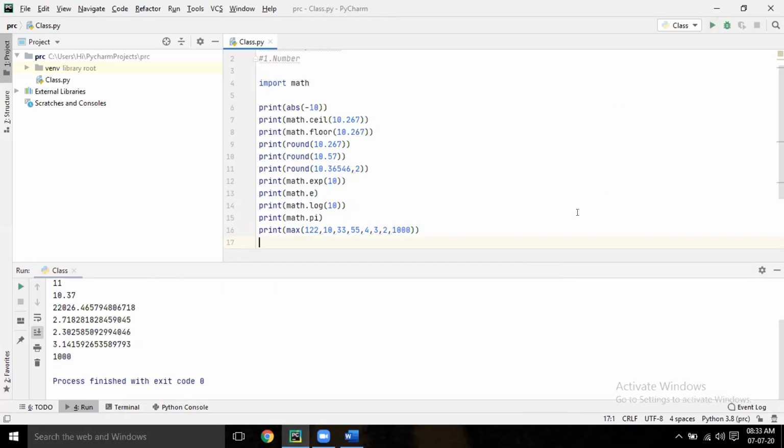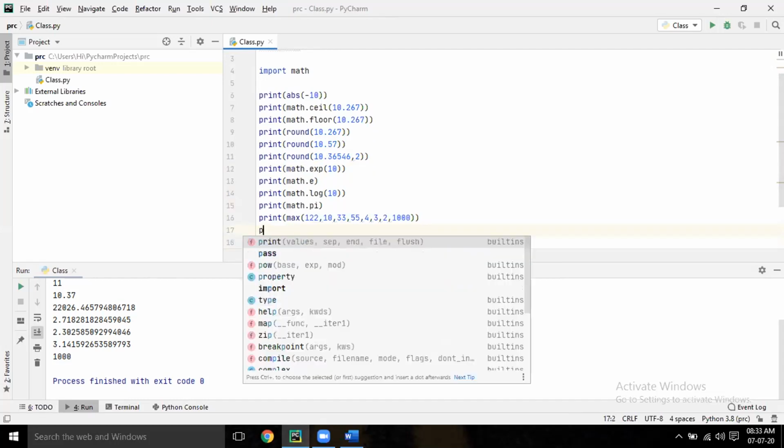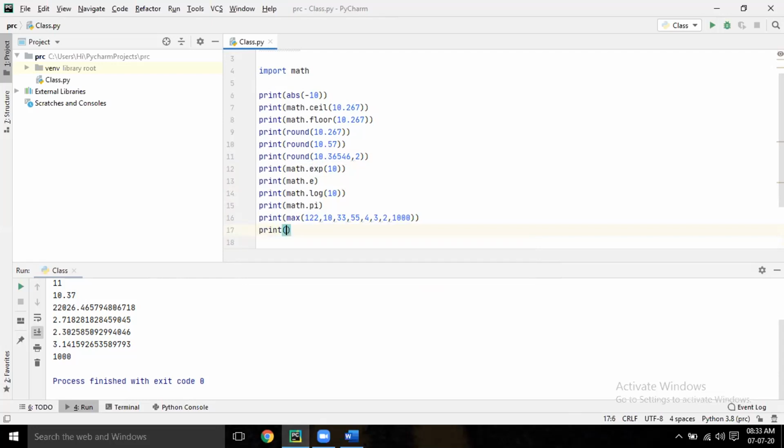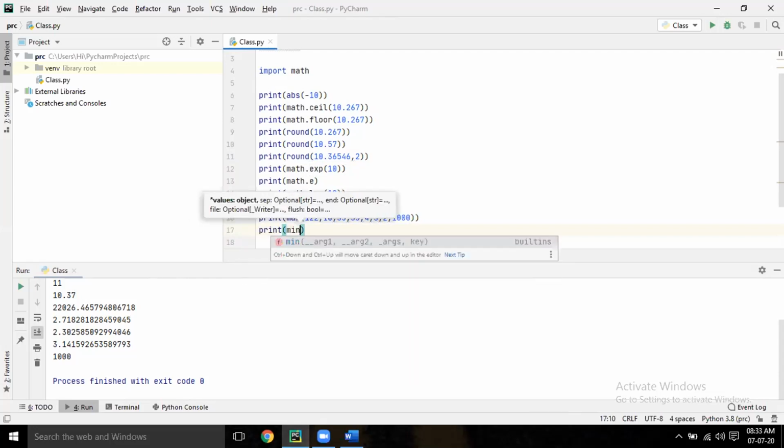You did that program, right? Finding the greatest out of 3 numbers. So no need to write if and else. Just write simple max, give the numbers, and it will give the result. Similarly, for the smallest you can give min, minimum.